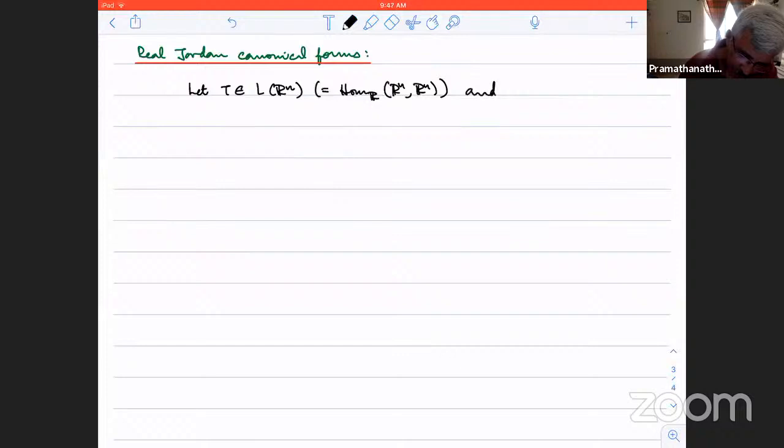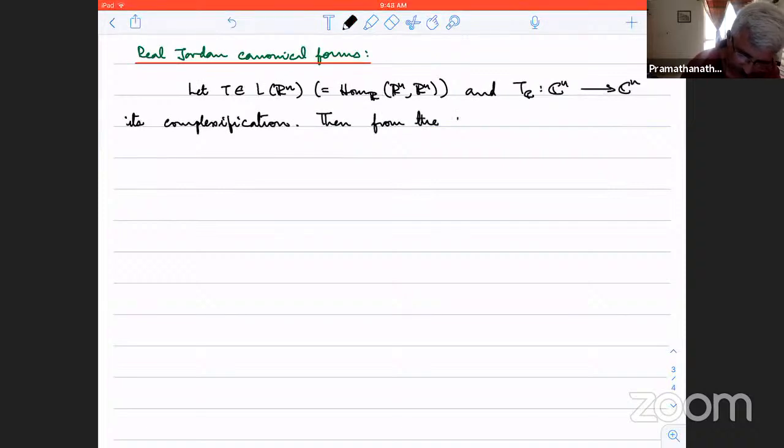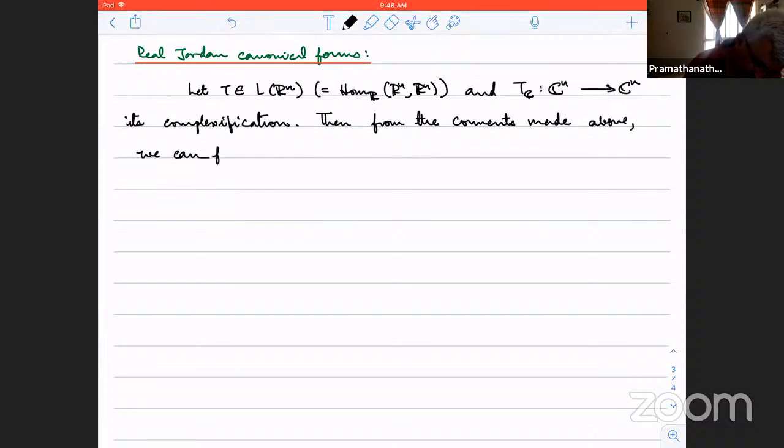And T_C from C^n to C^n, it's complexification. Then from the comments made above, we can find a basis